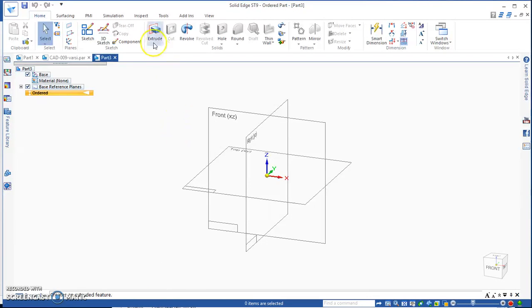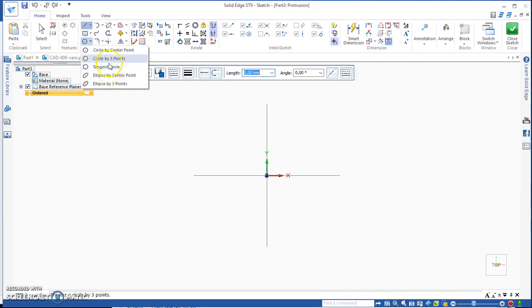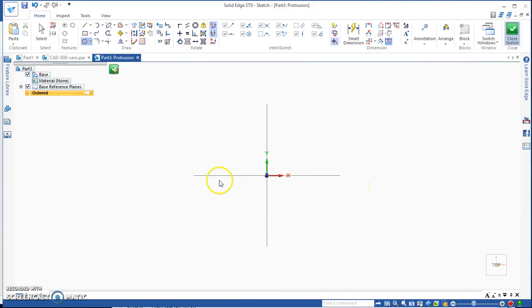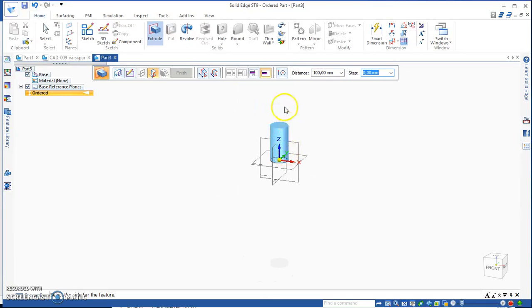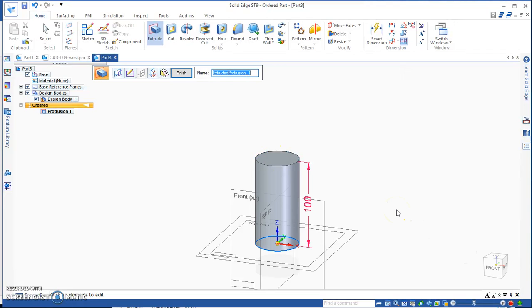So I take extrude command and select top XY plane, and I take circle by center point, give diameter 50 and click middle point here, like this. Close sketch and give distance 100 and select side for material, like this,